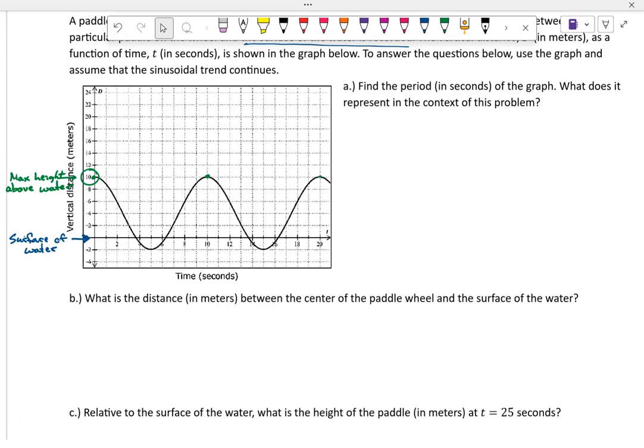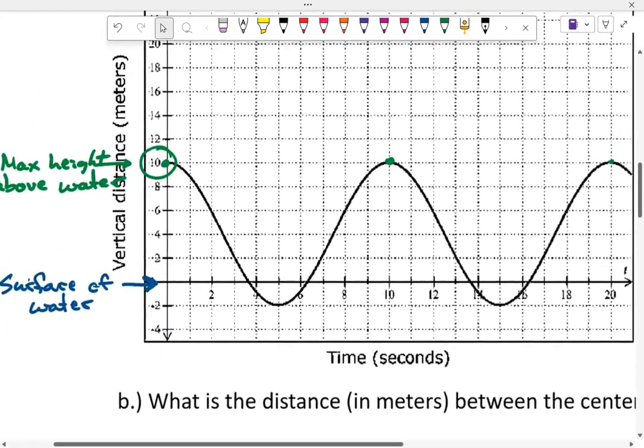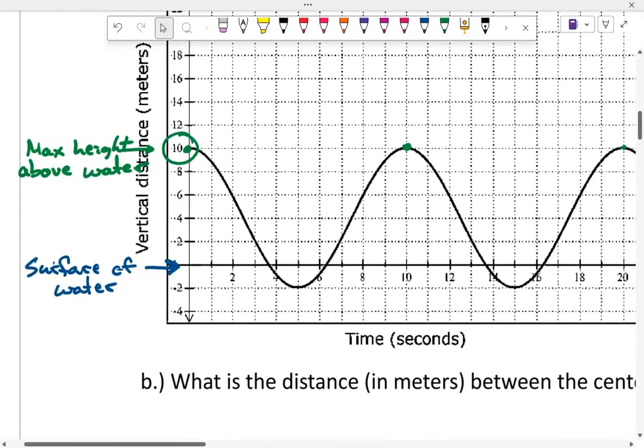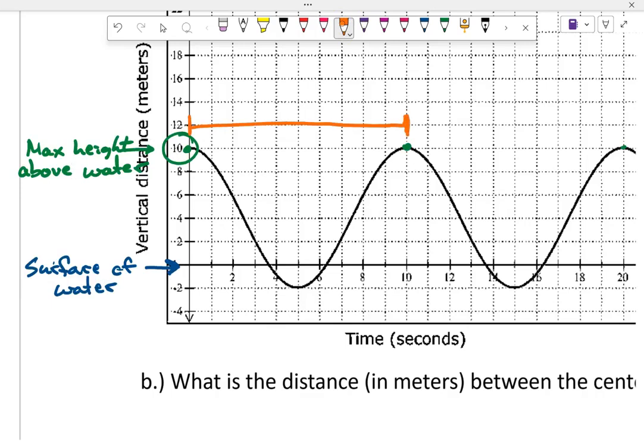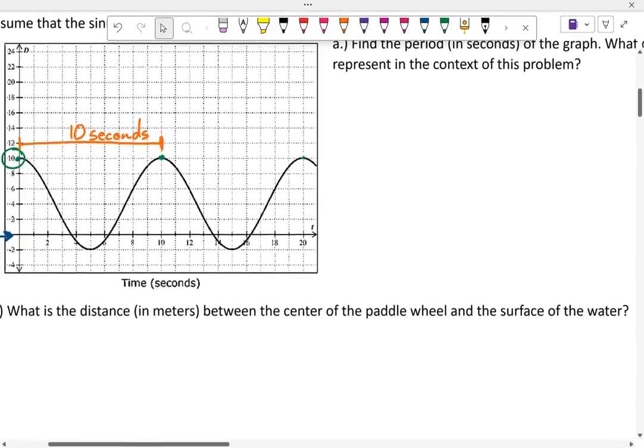Question A. It wants us to find the period in seconds. And what does it represent? So let's look at our graph. What is the period of that graph? I agree. If I go from this maximum to my next maximum, that is 10 what? What's my units? Seconds, 10 seconds. So my period, let's go ahead and mark that over here. My period